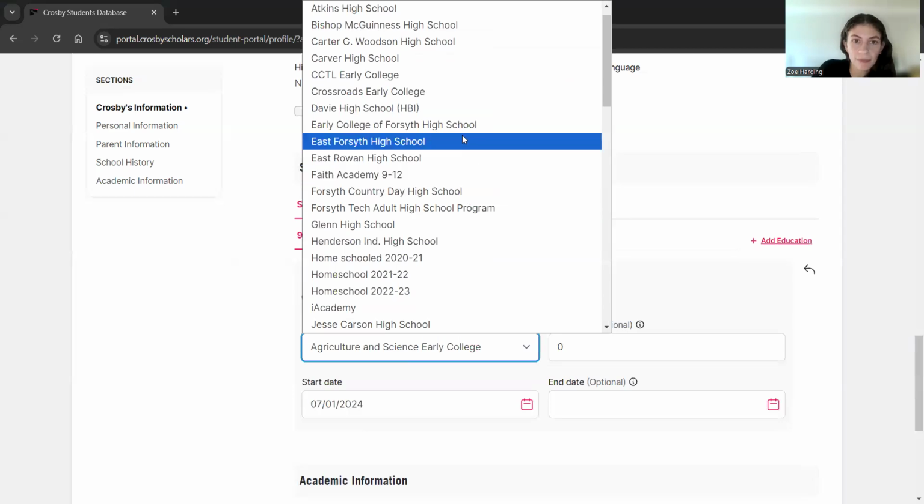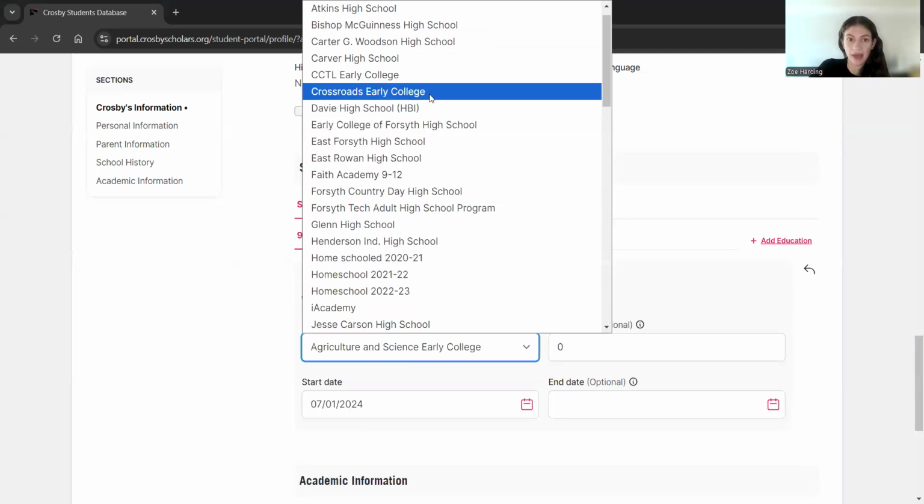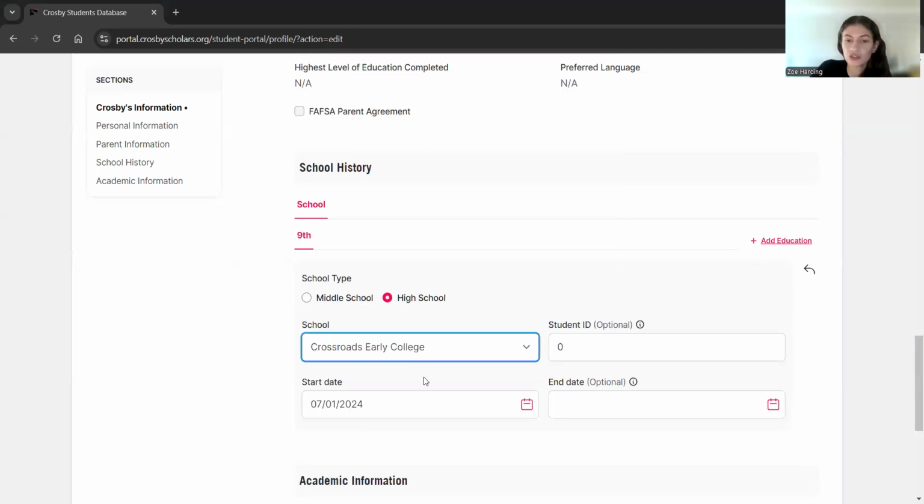Let's say maybe I go to Crossroads now. Maybe I'm at an early college. So I'm going to choose my high school from the list. Wherever you're going to high school, you're going to choose your school, or you choose your middle school from the middle school list. And then if you change districts or you need to update your student ID number for any reason, you can update that here as well. And then it has a start date and an end date. It'll default to say